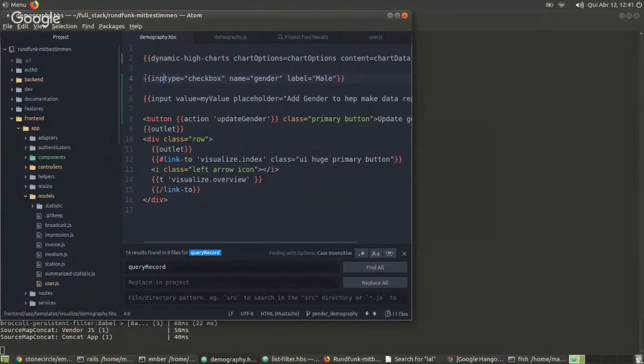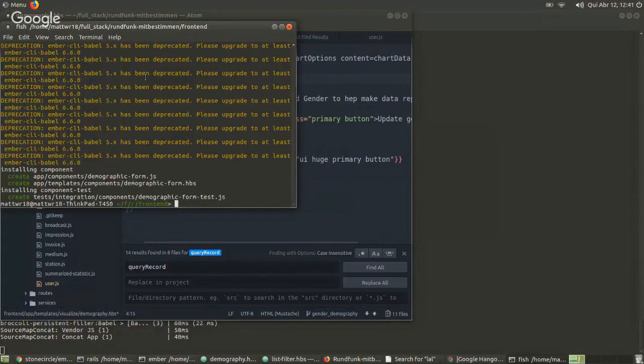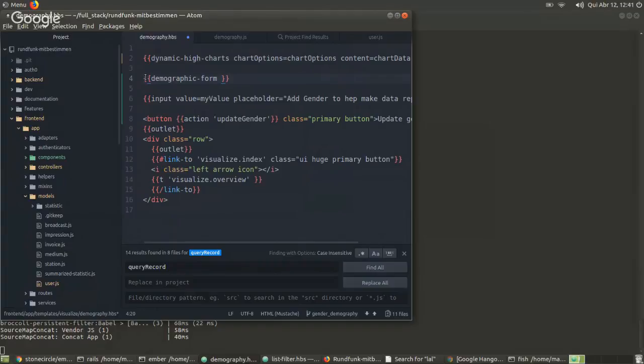Yeah. So here, instead of this, we're going to have the component demographic form, and then we're going to have